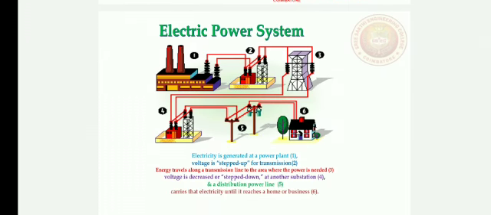Before going into the subject, we need to discuss the electric power system. Number 1 is the power plant, where electricity is generated. Number 2 is the step-up transformer, where voltage is stepped up. In step 3, energy travels along a transmission line. Number 4 is the step-down transformer, used to decrease the voltage. In step 5, distribution takes place. And finally, in step 6, electricity is transmitted to the consumers.